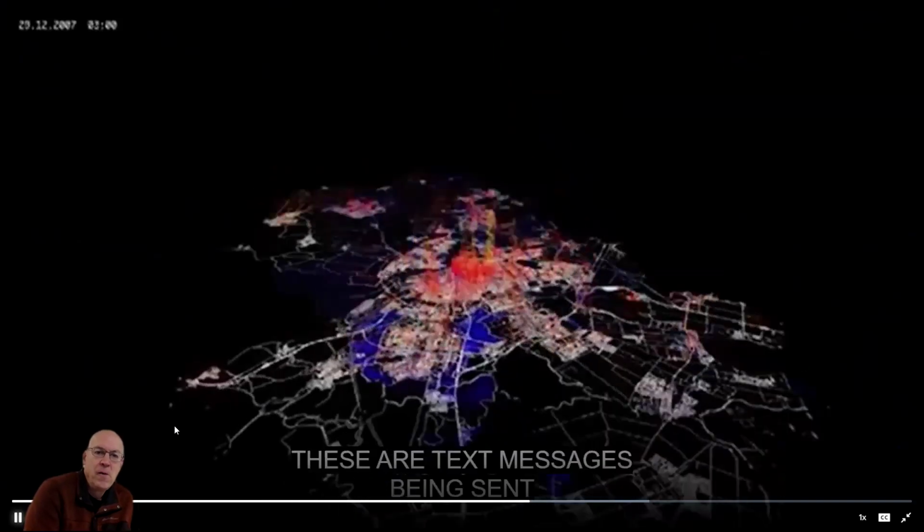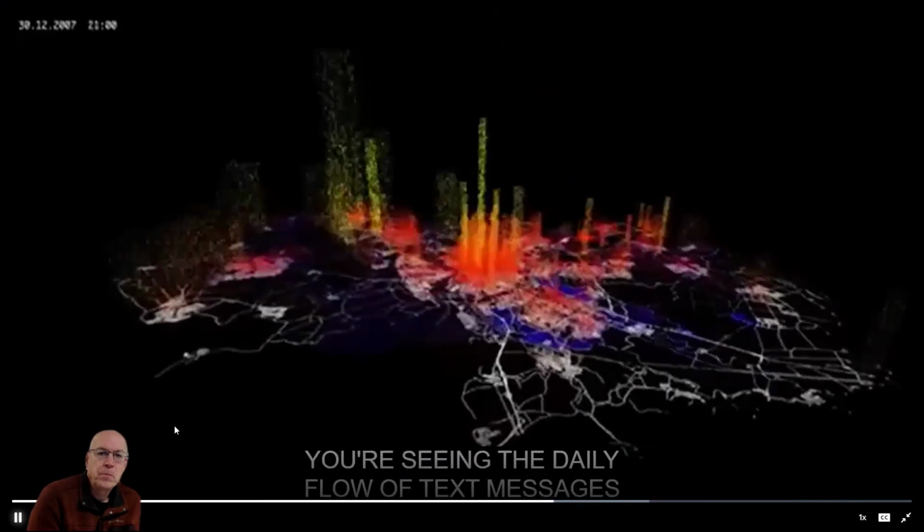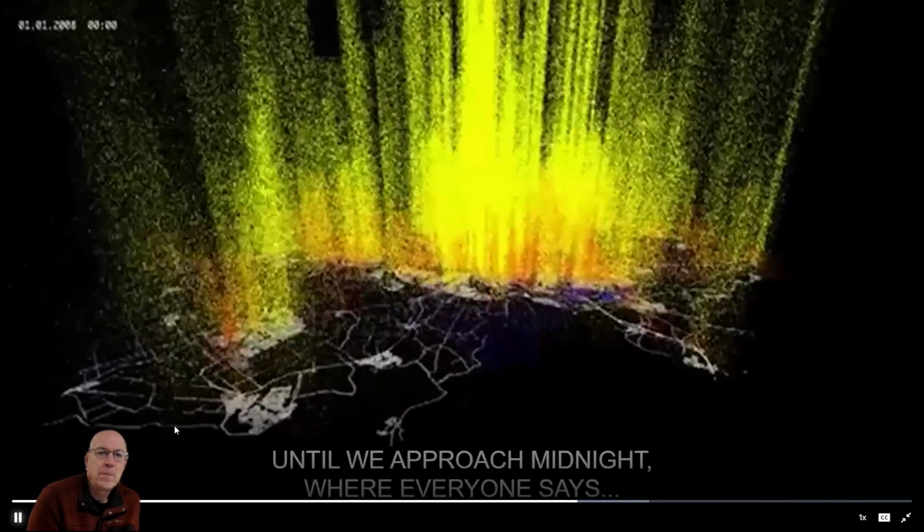Text messages being sent in the city of Amsterdam on December 31st. You're seeing the daily flow of text messages from different parts of the city until we approach midnight, where everyone says,